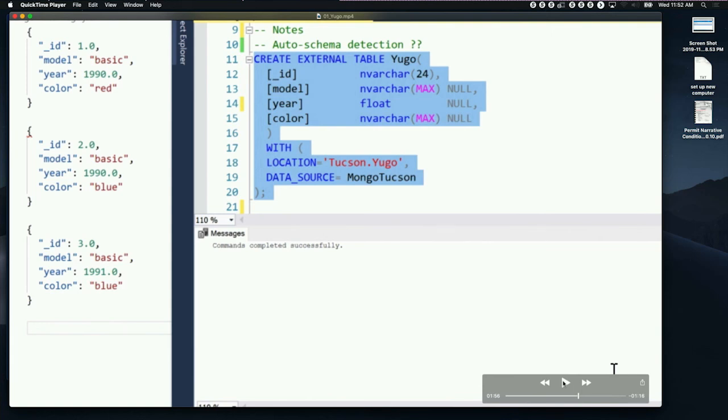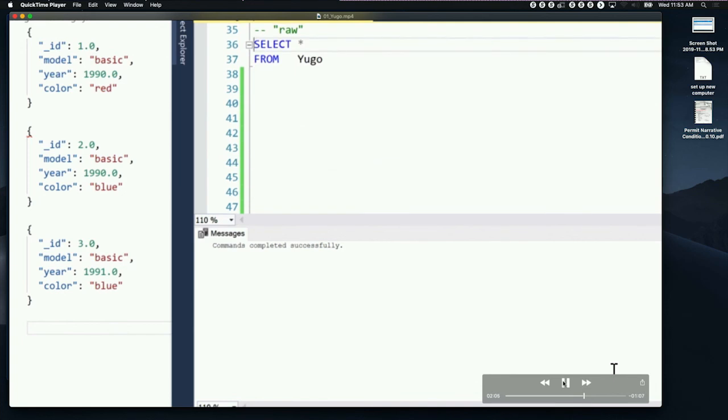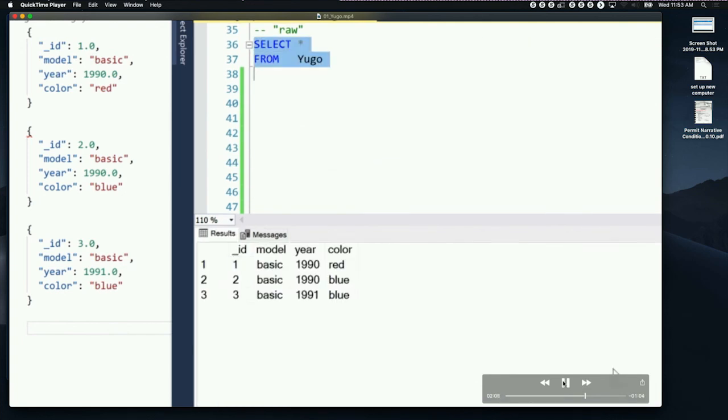The question is, if I define this table missing a column, what happens? That's okay. I can skip things, and I actually do a demo where I do that, but you can skip columns. You don't have to have them all. Okay, so I created the external table. Let's query it and see what it looks like. In this case, it's going to be pretty straightforward. I just have essentially a SQL table. So I select star, and I get what I expect, rows and columns.